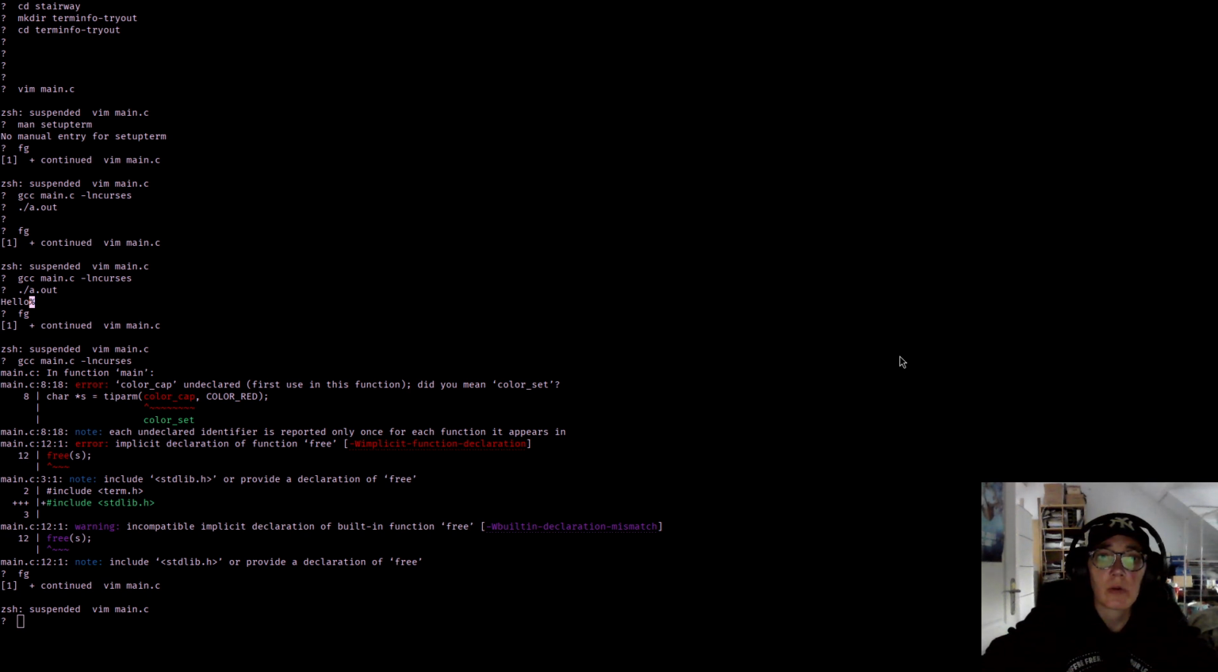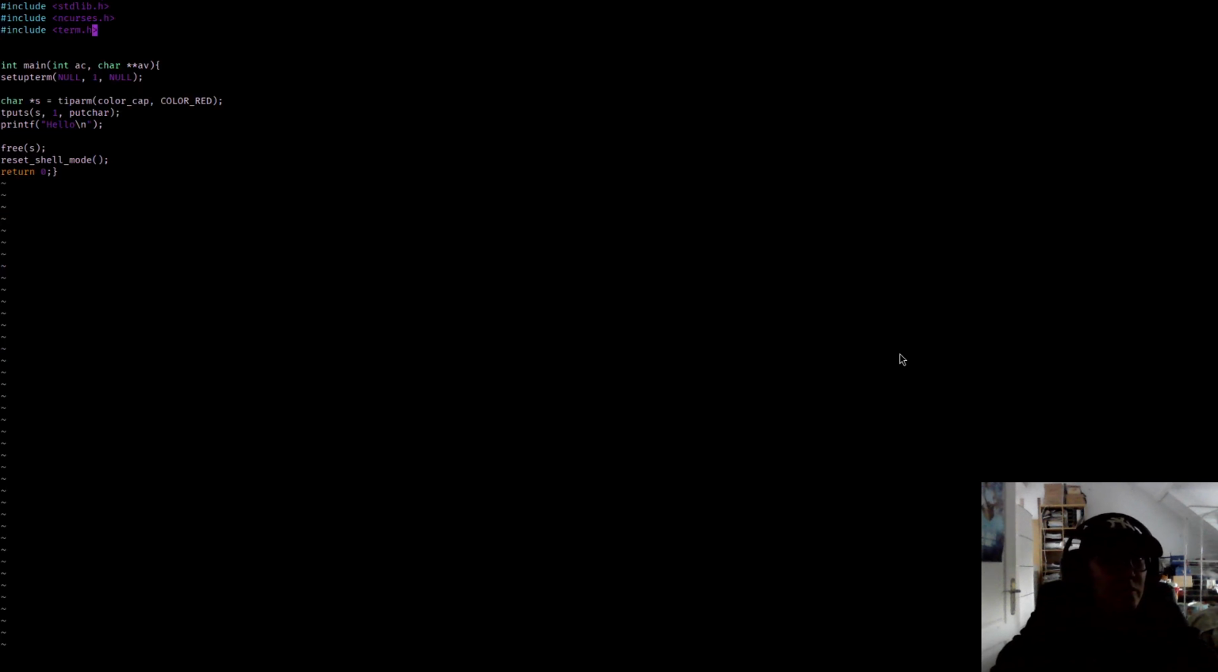Not it at all. Actually, a string for the capability is obtained by getStr, and in terminfo it is set AF, and then we set it, or